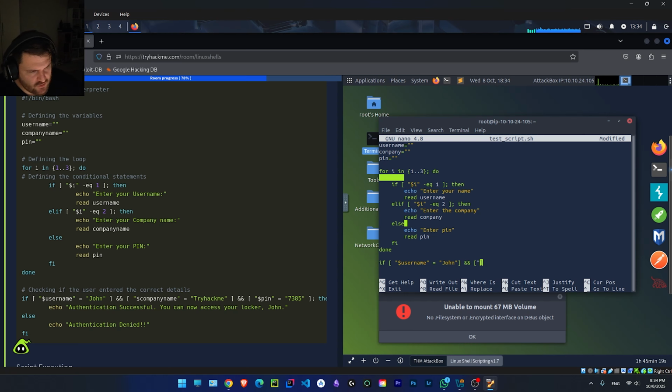Okay, if username in double quotes, white space, username, company equals TryHackMe. Actually, we'll leave it like this, but here again we'll have to add white space